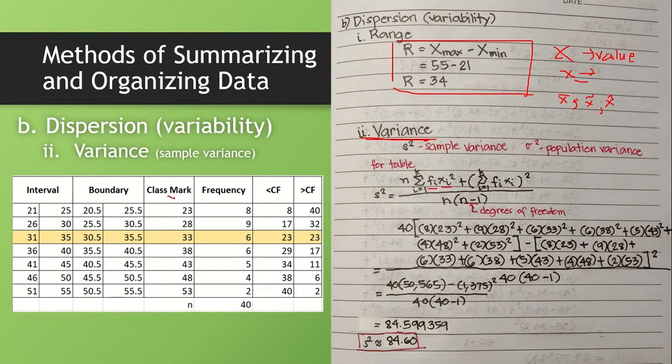So again, this is your lowercase x sub i, this is your f sub i, which means this is your x sub 1, x sub 2, x sub 3, until x sub 7. So this is your f sub 1, f sub 2, f sub 3, until